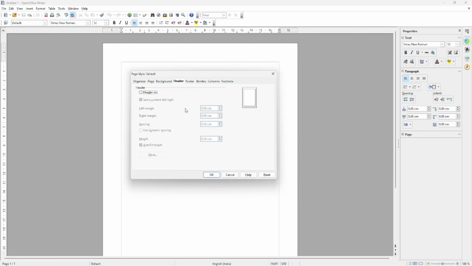If you want to add the header to your page, you need to click on this button, and this is a preview. From here you can preview. See now, if I click on header, see, header has been added to our page. See, same content left and right. If you want to give margin to the right or left side, from here you can give. For example, here I am giving margin to the left. See, a short margin has been given to the left, correct?